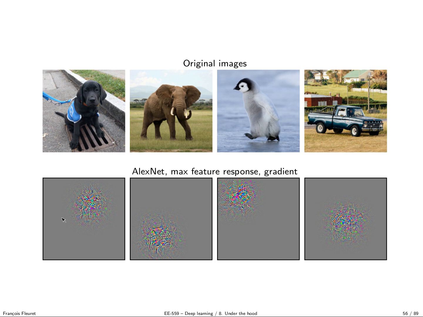So here, what is the color code? Since I look at the derivative with respect to the input, and the input being an RGB image, I get a tensor which has 3 channels at the same resolution as the image, so it naturally makes color images, where the zeros have been moved to 1/2, so gray is 0. Darker would mean negative, lighter would mean positive in all channels. So we see that the maximally responding unit on the hot dog is the head, for the elephant it seems to be the legs, for the penguins it is the head, and for the truck it seems to be over there on the windshield.